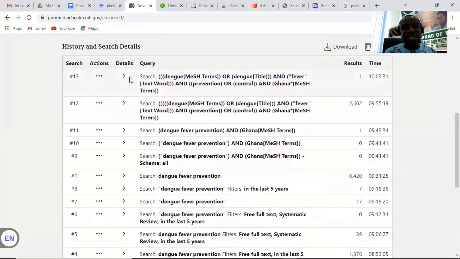So this search number 13 we have done, and it's already showing the details here. You see it this way because we built the search ourselves, okay, in advanced search. So this is the query we actually entered. In the other case, because we're using basic search, we're just entering the name, the terms directly like that, and it was coming. Okay, so apply filters, whatever, everything we did was being recorded. Over here, we did our own search term development or query development using the advanced features,